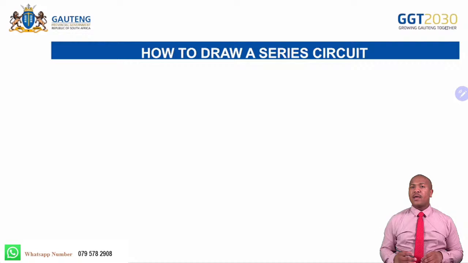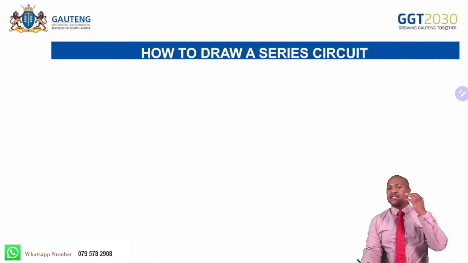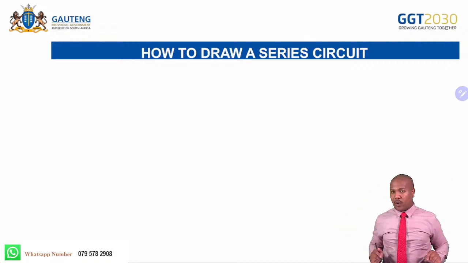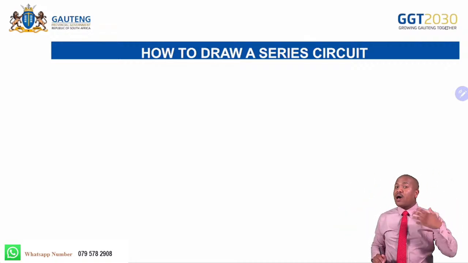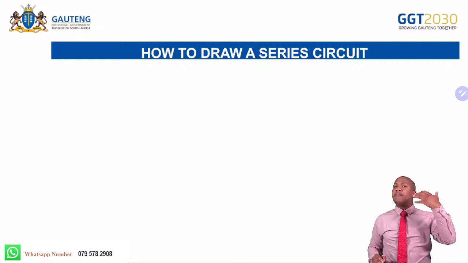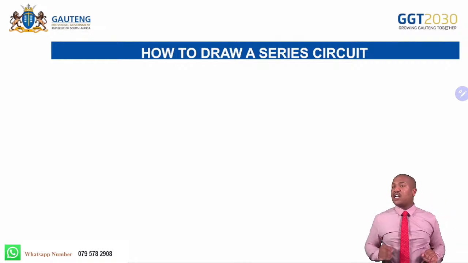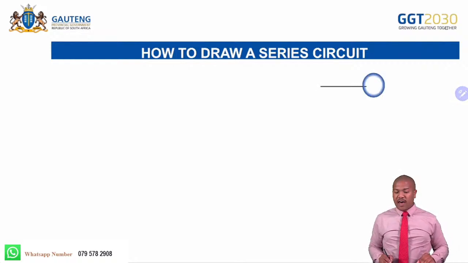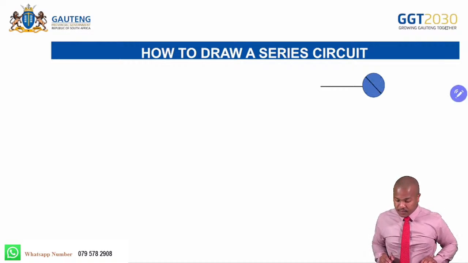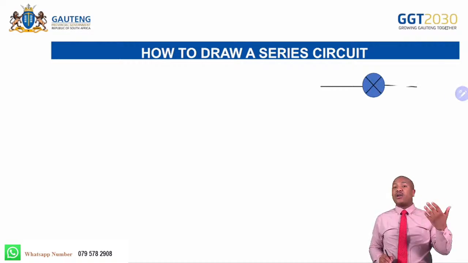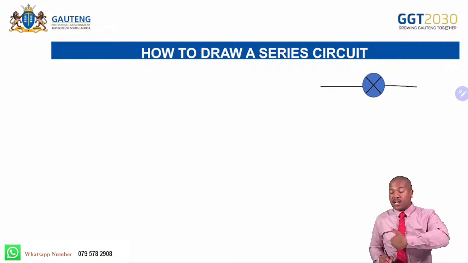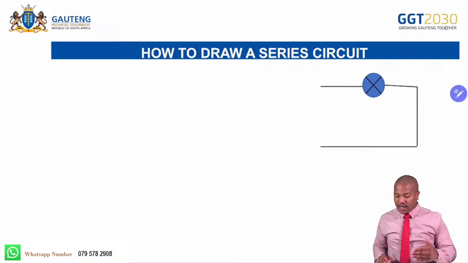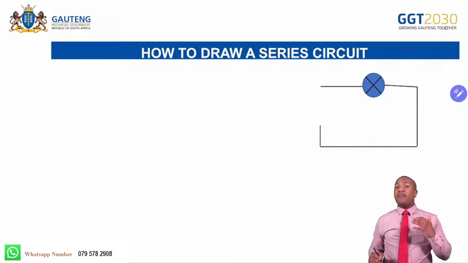Now, let's learn how to draw a series circuit. Remember, a series circuit follows one pathway, and a simple circuit has one resistor and needs a main source of electricity. So now let's start drawing together. We have the first wire. We have a light bulb, and another wire connected to the light bulb so that electricity is able to pass through. We have another wire connected again, and we have now the main source of electricity,